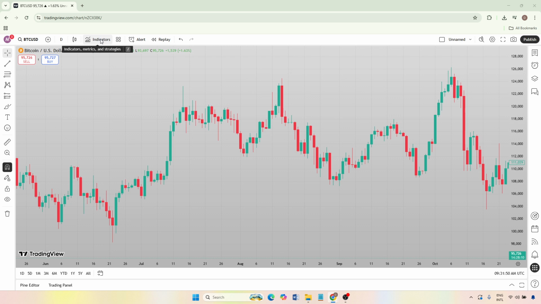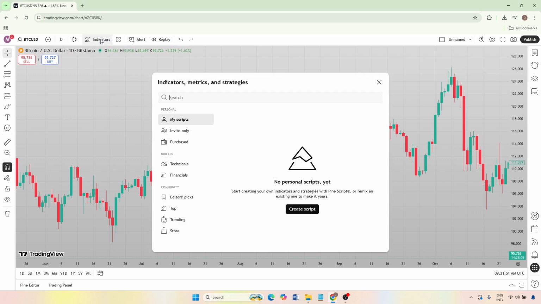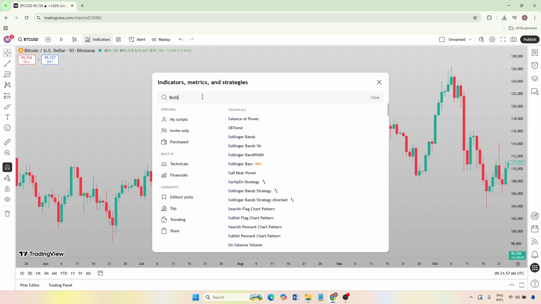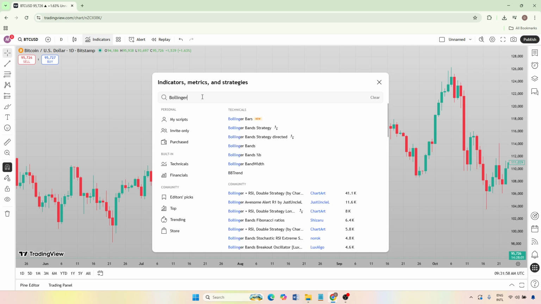This button allows you to find and apply different technical indicators to your chart, which are vital in executing precise trading strategies. One popular choice among traders is the Bollinger Bands strategy. So for our example, we'll use this as a demonstration. Once you click on it, watch as the Bollinger Bands appear on your chart, providing a visual of volatility and